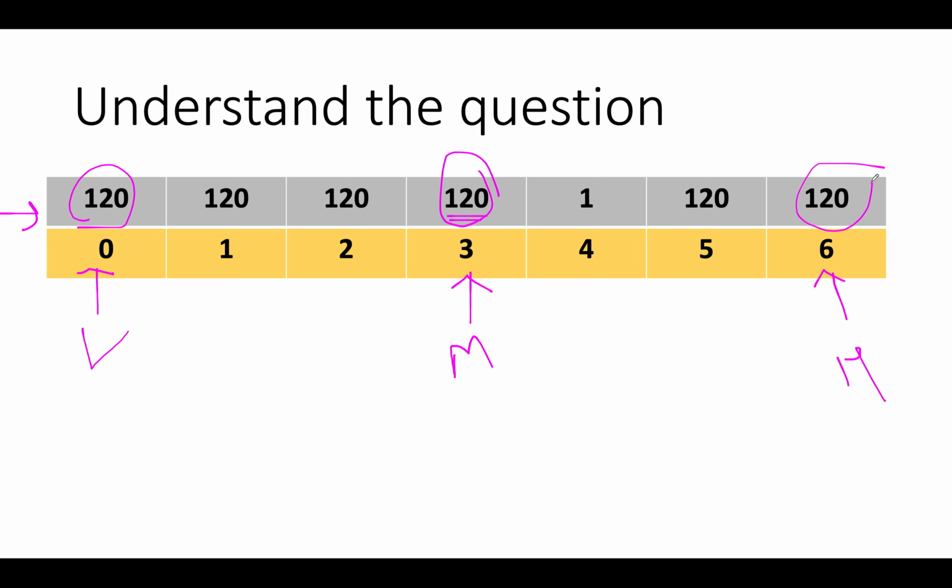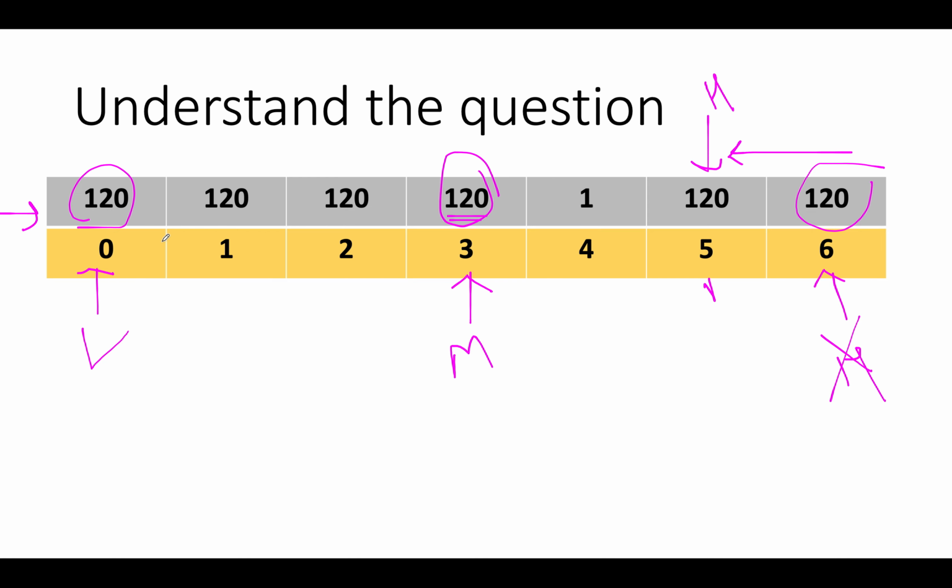So can we make any decision? No, this is a truly absurd case. Which location to go to, because all three elements happen to be the same? In that case, we can simply disregard this higher index value by 1 unit. So we will update high to the 5th position, because we are trying to look up to what continuous segment will high be 120.